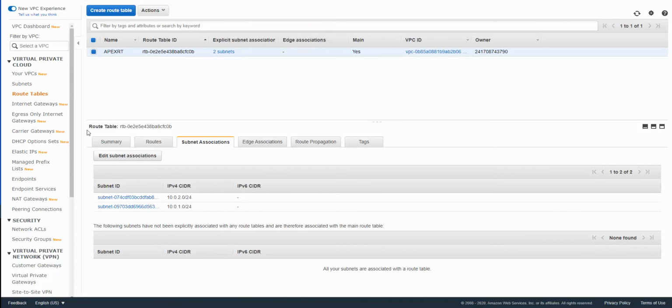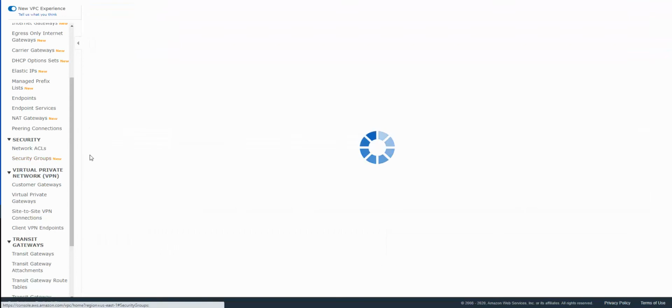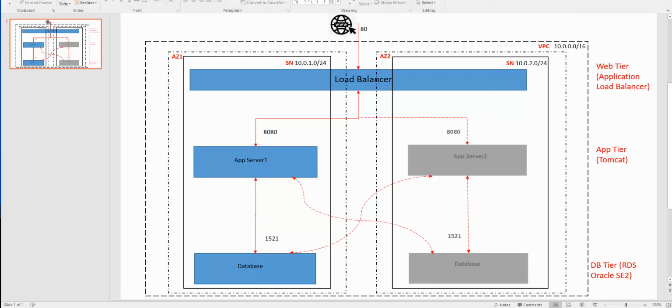Okay. Now the next part is security groups, right? So what we are going to do is replicate this architecture. To summarize, we have created this VPC, and we have created two subnets, and then we have created the necessary route tables, internet gateway and so on. Now we need to make sure the security groups are set up.